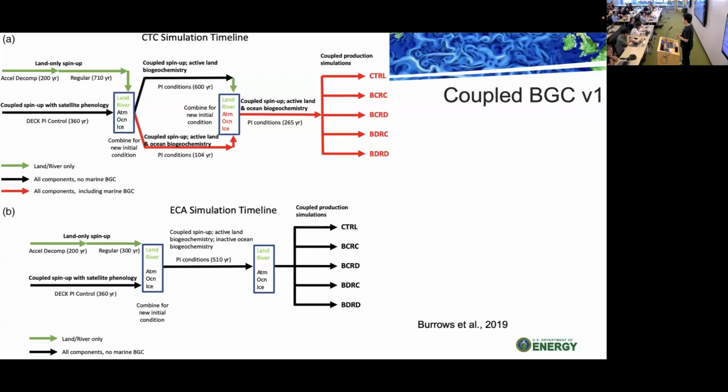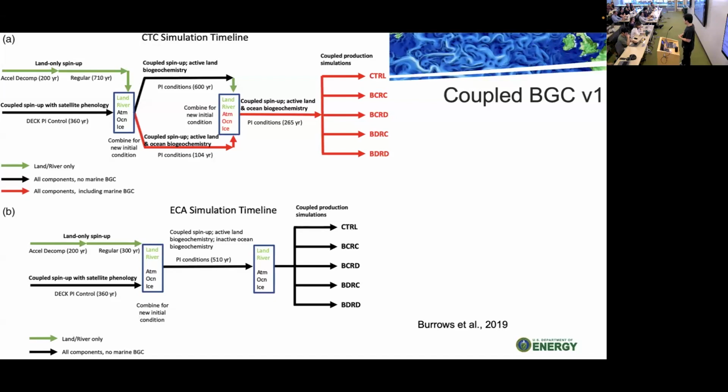And BCRC, you see there are two C's, which means constant. B is the physiological effect of CO2, that's the carbon concentration feedback. And R is the radiative effect, that's the carbon climate feedback. So you can turn that on and off. If it's C, constant, then it's off. Okay, so then keep going, you have BCRD, so you can figure that out on your own. BC means you don't have the carbon concentration feedback, it's constant. But with RD, R is the carbon climate feedback.